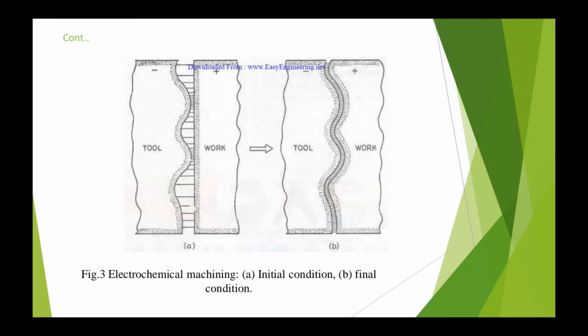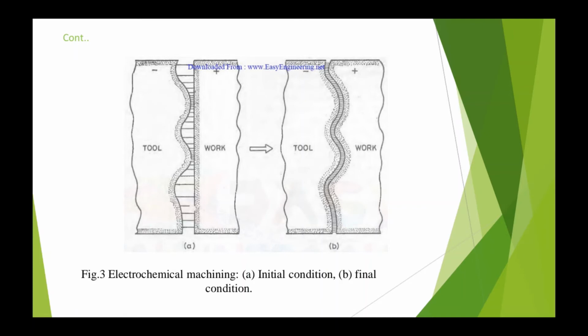During this process, a gap of 0.05 to 0.7 mm is provided between the tool and the workpiece, and electrolyte flows through the gap at a velocity of 30 to 60 meters per second, and it completes the electric circuit. Normally the electrolyte is pumped at a high pressure of 20 kg per square centimeter, that is 1.96